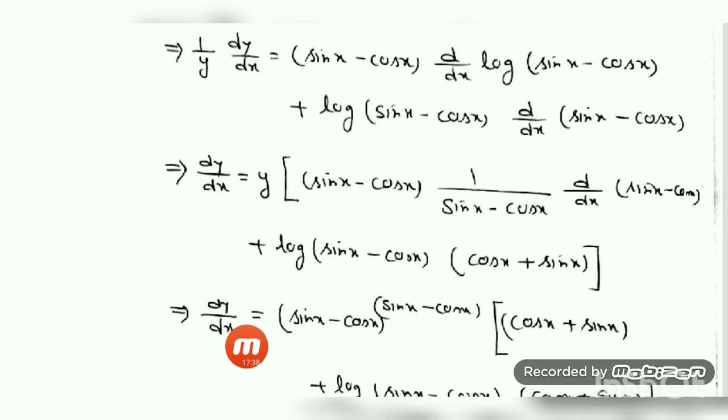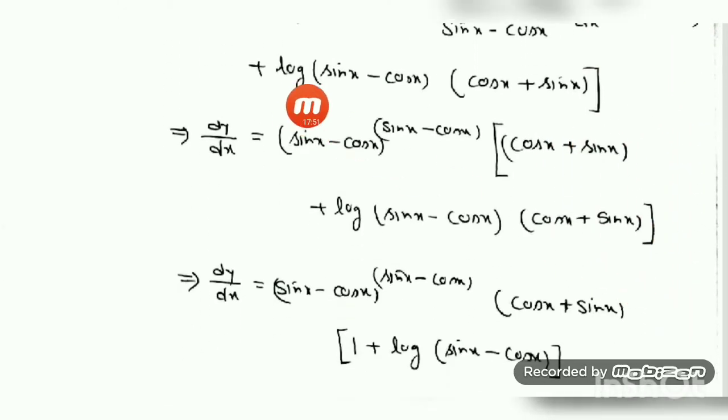Right? Here I have substituted the value of y, and this will say sin x cos x; sin x minus cos x will be cancelled out. Only this will be left. The derivative of sin x is cos x, the derivative of cos x is minus sin x. So this is done. After this, the next is here. You see, I just keep it as it is. And after this, this is one expression, this is another expression. cos x, sin x will come out. I have taken it common. (sin x minus cos x) to the power (sin x minus cos x) plus sin x comes out. Here 1 is left, and plus log of (sin x minus cos x). This completes the solution of question number 9.